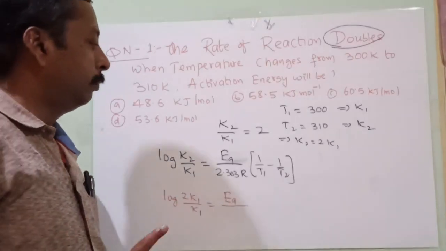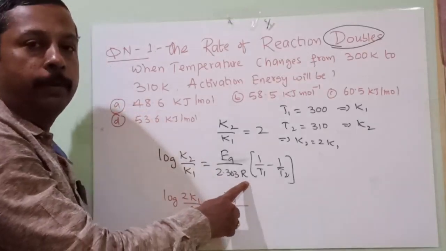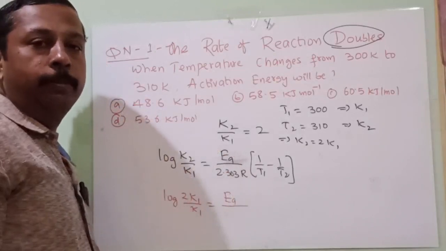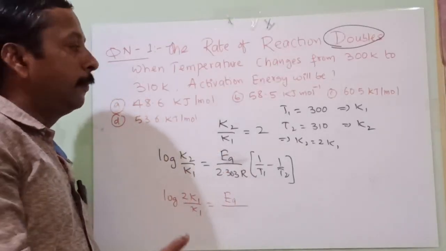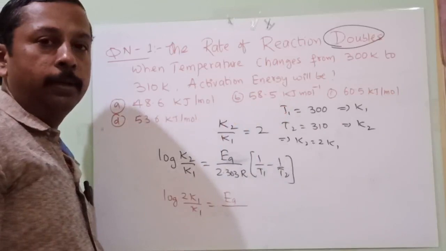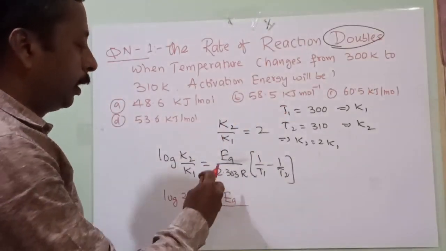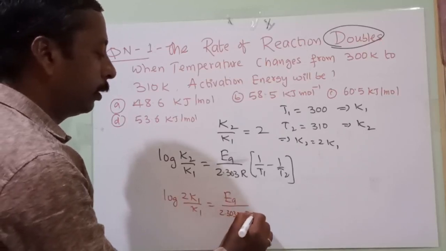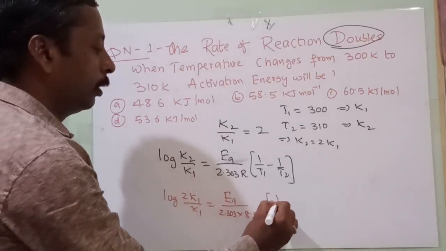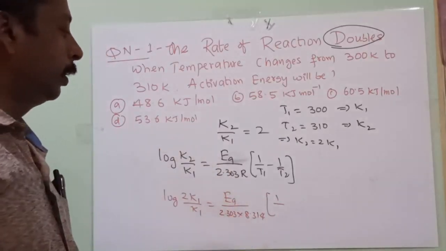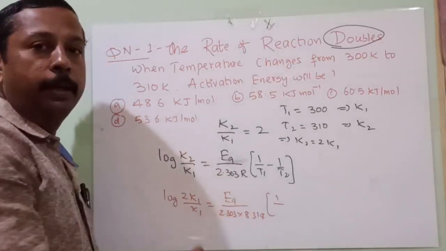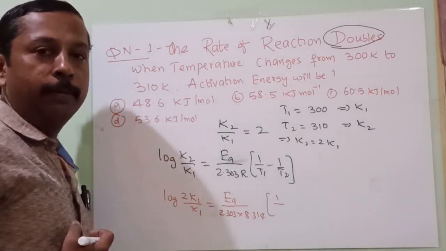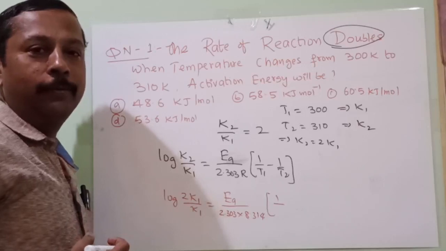One more thing you should remember: if you substitute 8.314, the energy we get will be in joules. After that, according to the option, you can convert into kilojoules. So EA is what I want to find out, along with 2.303 and 8.314. Some students smartly multiply these already and keep the result remembered. As a smart student, you can also do that. I don't remember it because I am not going to give you exams.